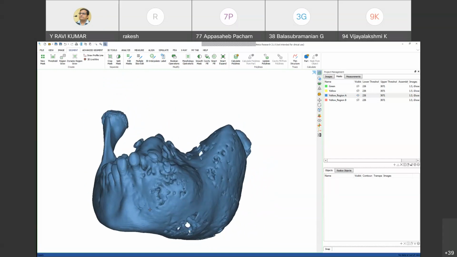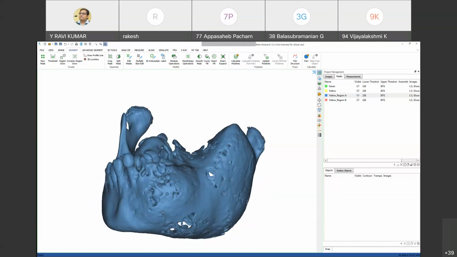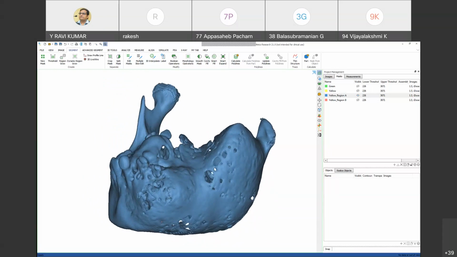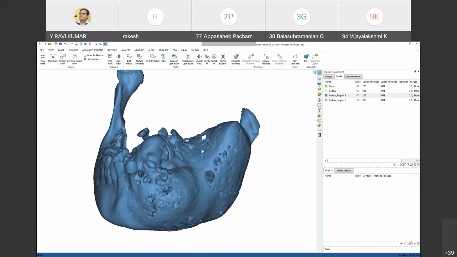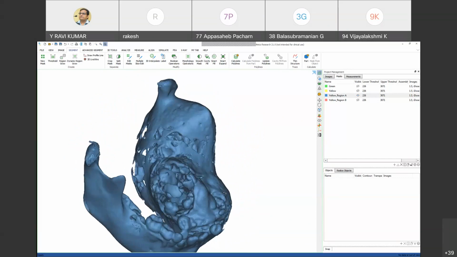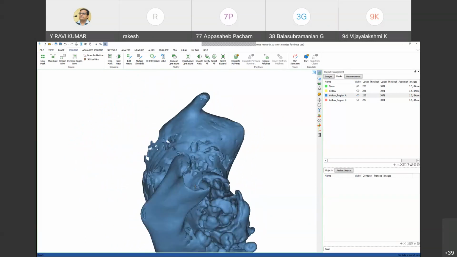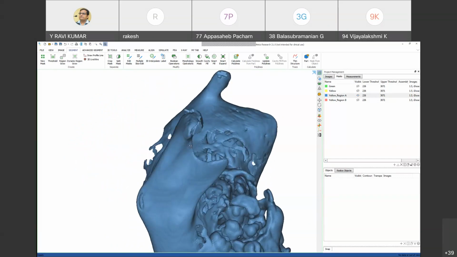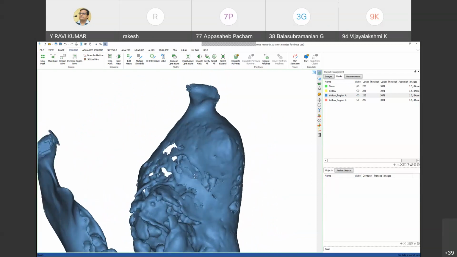So we have done this once for this mandible. We prepared a template and a drill guide, and the implant as well, so the implant can be placed over this position. Okay, so this is the mandible, right? There are a few unwanted things, these things.